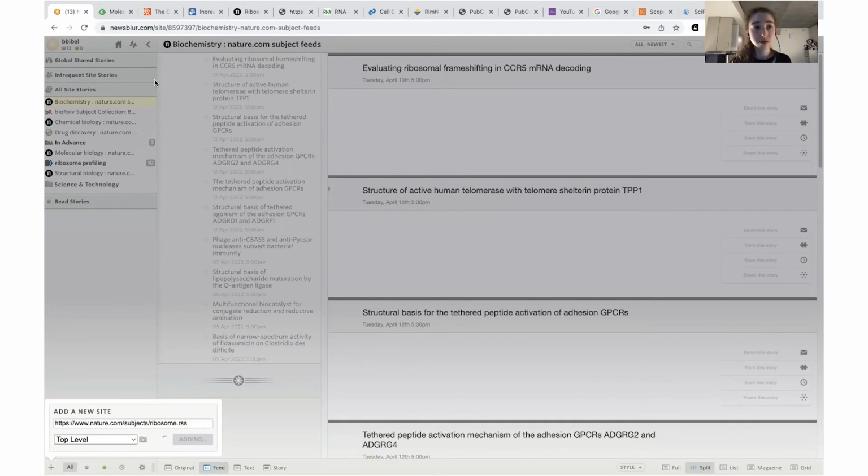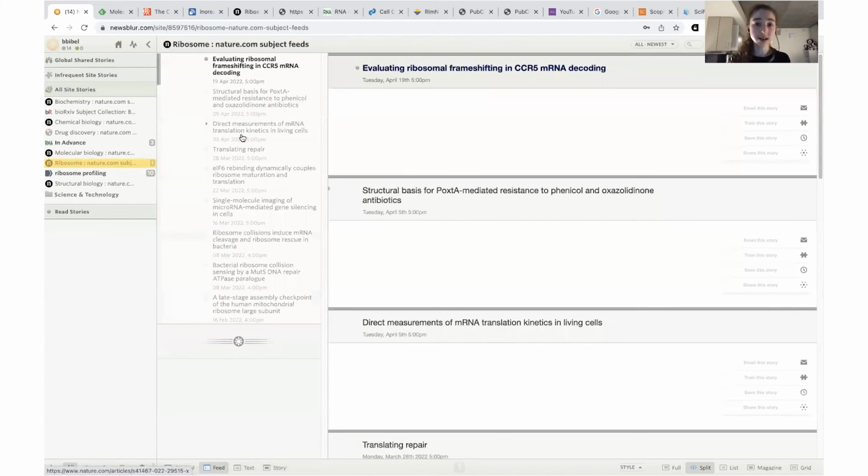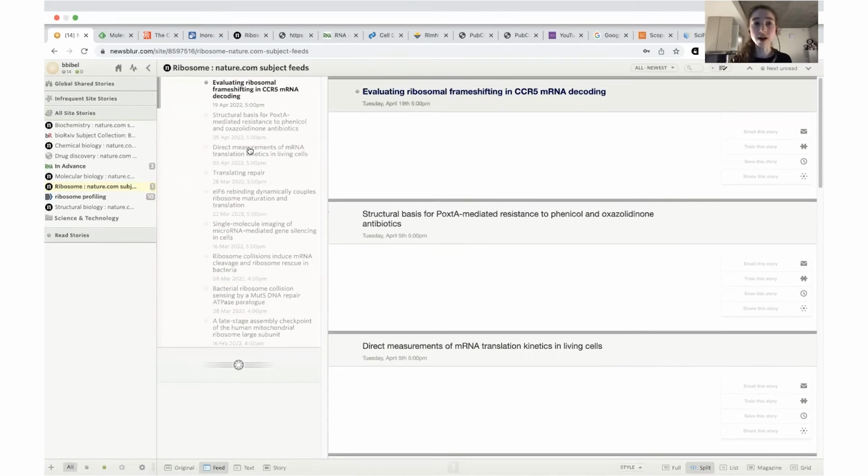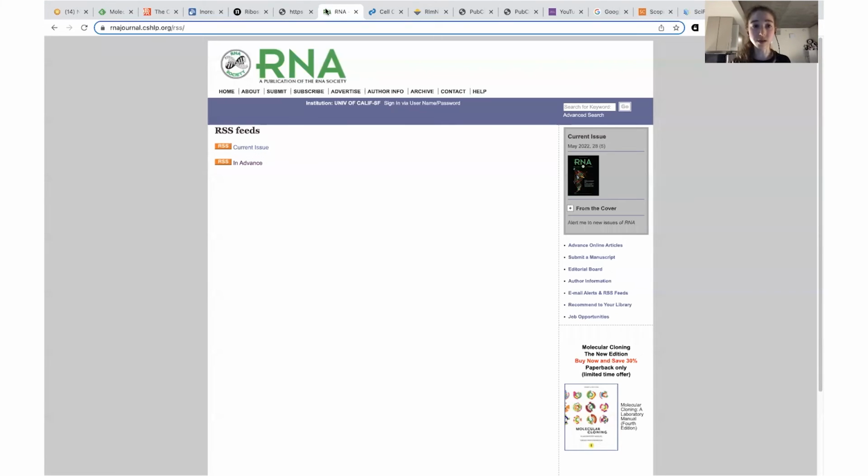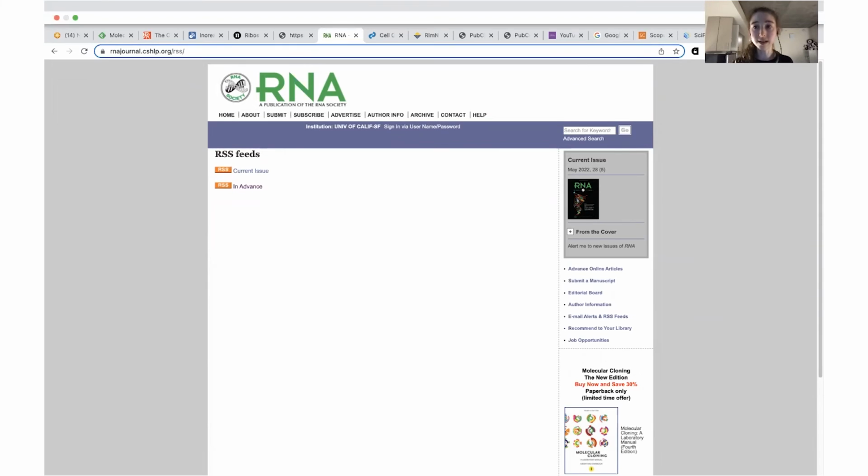There also, if you go to various websites, they'll have RSS feeds for various things. So like the journal RNA over here, it has this option like email alerts and RSS feeds. So you can get RSS for advance articles. So this is what I added, or you can have it for the current issue, and then you'll have that in your feed thing. So those were just a couple examples, but you'll often see options for RSS feeds in various websites